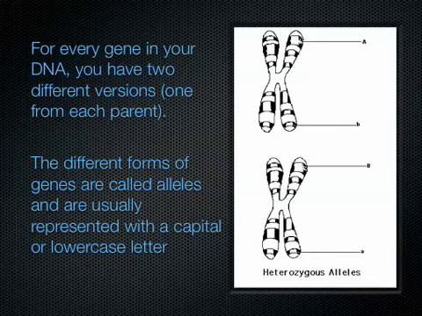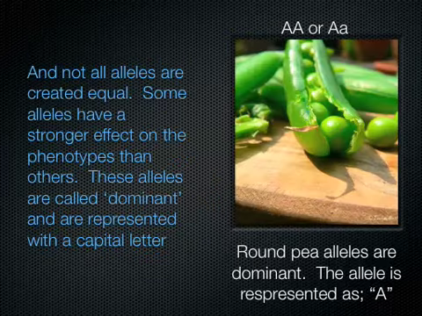Now maybe the brown eye color allele is more dominant over the blue eye color allele. In that case, your eyes will appear brown even though you do have the blue allele present. The vice versa could also be true. Or possibly neither are very dominant and your eye color is some sort of combination. These different forms of a gene are called alleles and are usually represented with a letter. If it's a dominant allele, we typically use a capital letter. If it's a recessive allele, we typically use a lowercase letter.